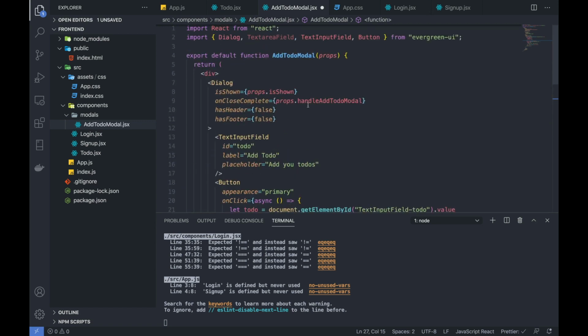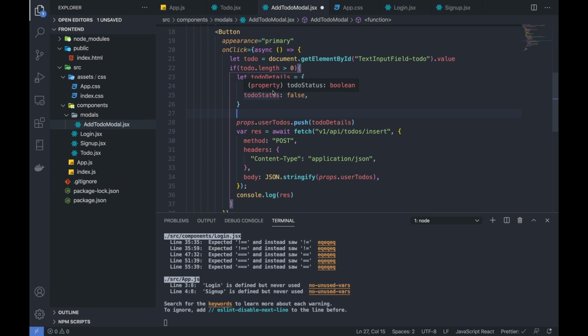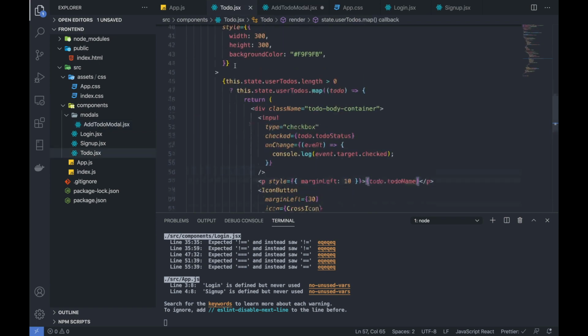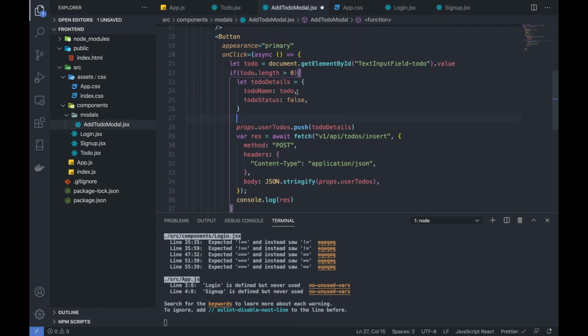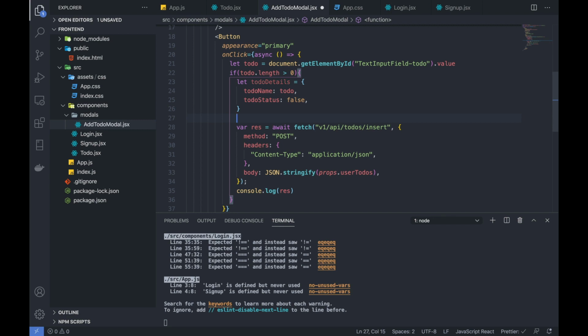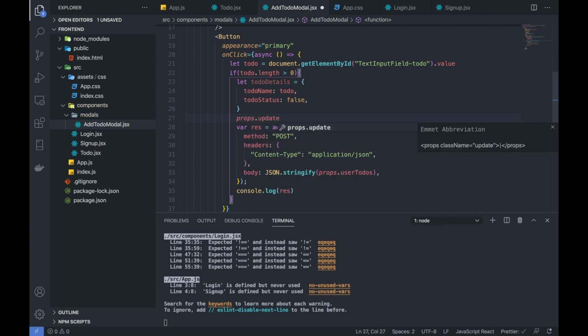You can see here, this is the handle add to do model, which we will be passing. Now, currently I've written it here, but this will be going in a to do model. Actually, it will come here so that it will be able to manipulate this user to do state here rather than in this function. So to do that, all we need to say here is props dot update to do,